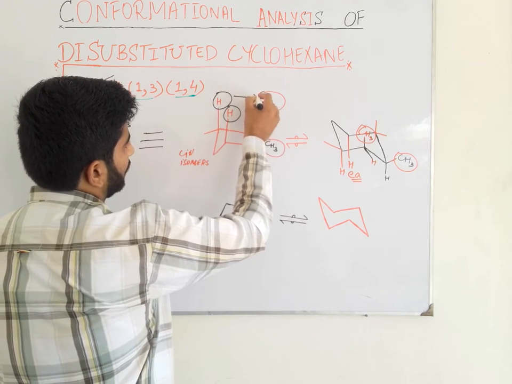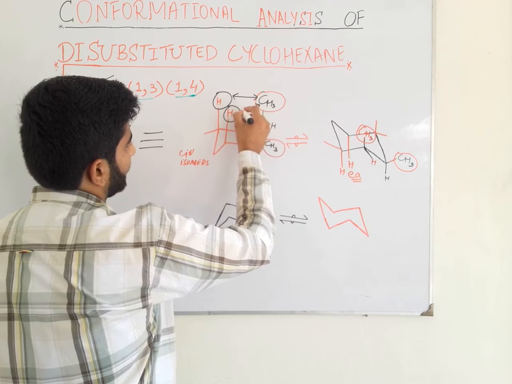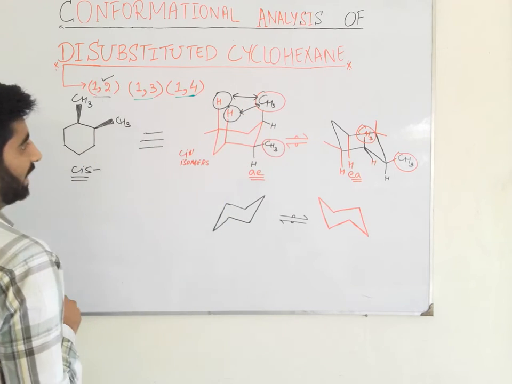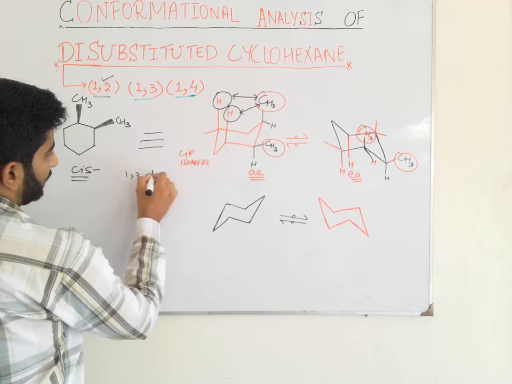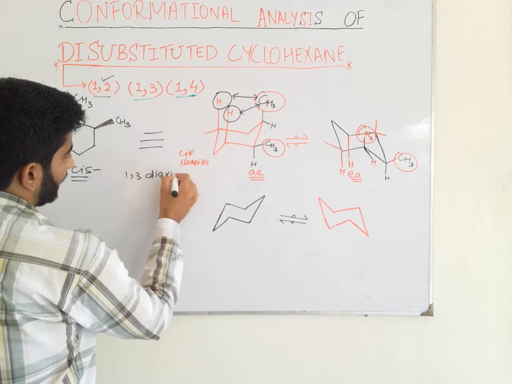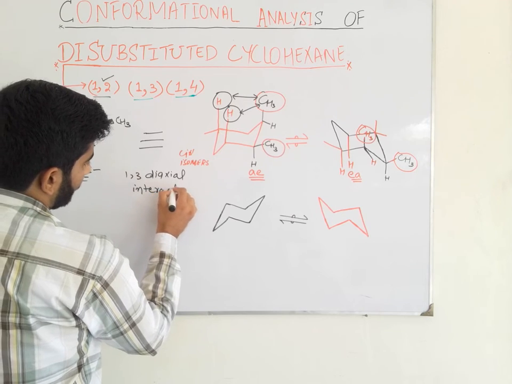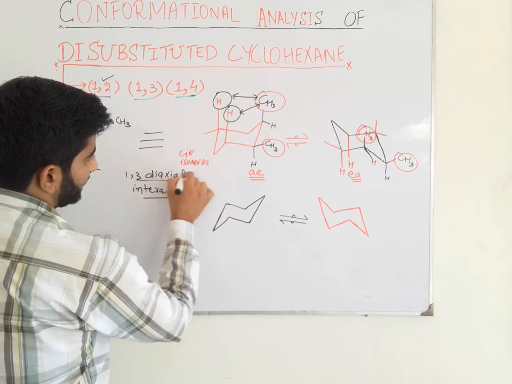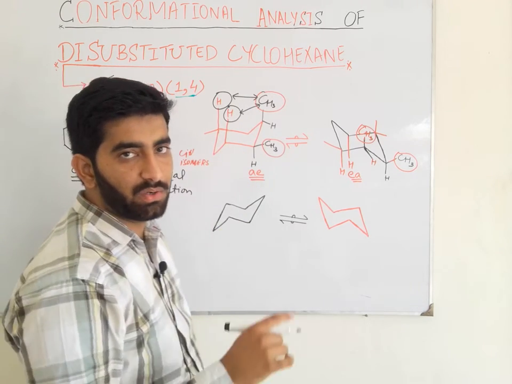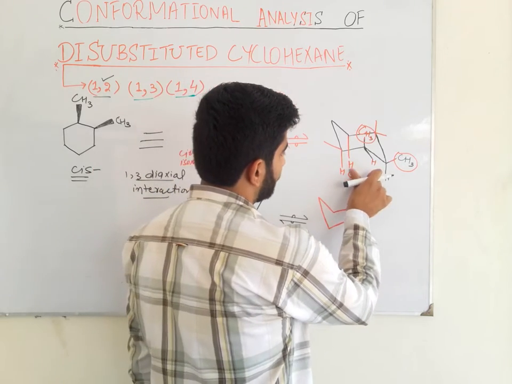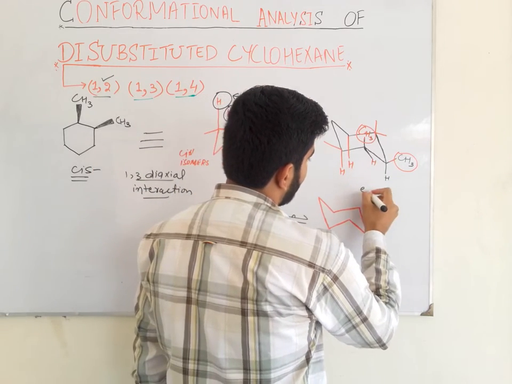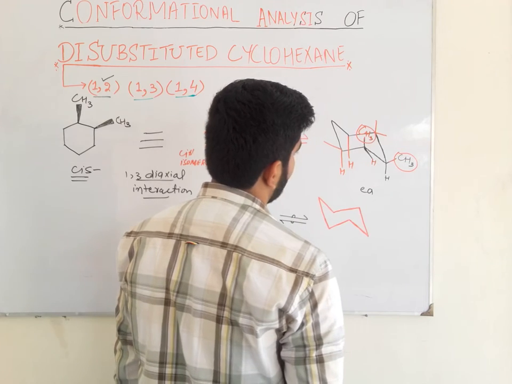So there is 1,3-diaxial interaction between the one methyl group and the two diaxial hydrogens in this conformation. Now in the other conformation, the EA conformation, we observe